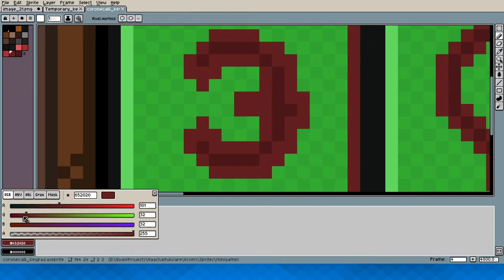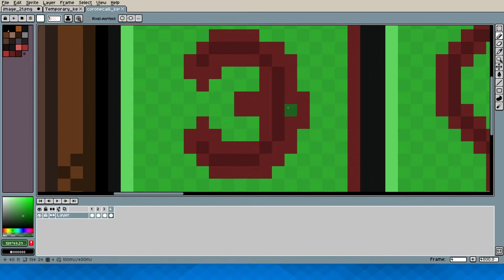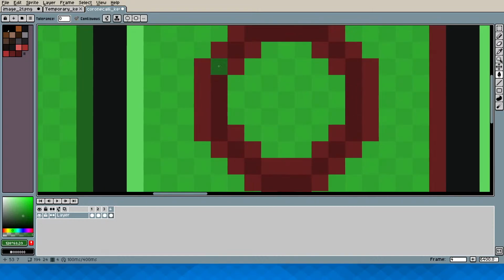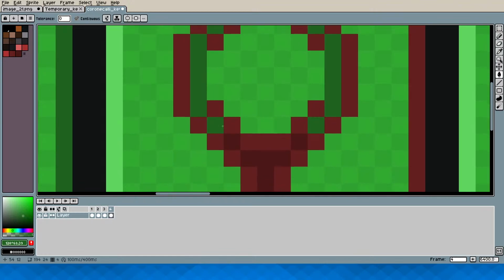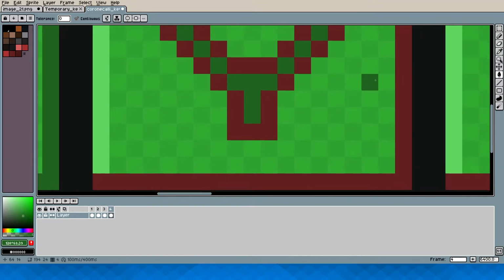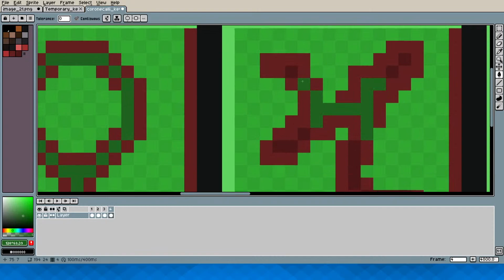So, just hue shift this again to 120. Oh, I should put the tolerance back down to 0. Yep. Alright. This looks very weird right now with it being half red, half green.